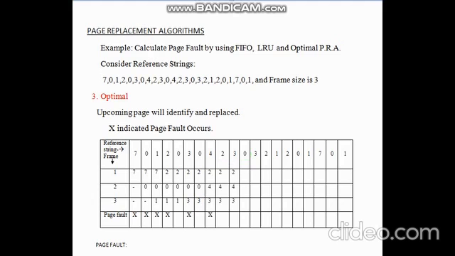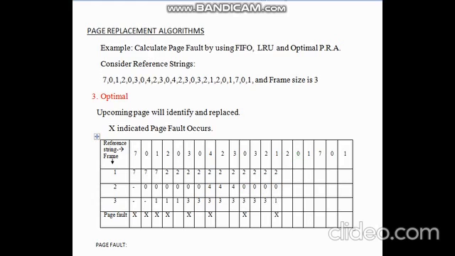2 and 3 overlap on 2 and 3 respectively, so a page hit will occur. Now you can see in the example 4 will never be used in future, so 0 will enter in place of 4 and a page fault will occur. You can see in the example 3 is not used in future, so in place of 3, 1 will be entered.